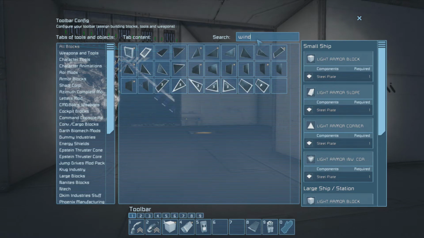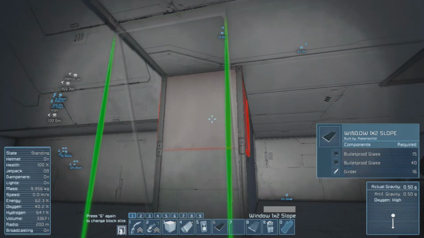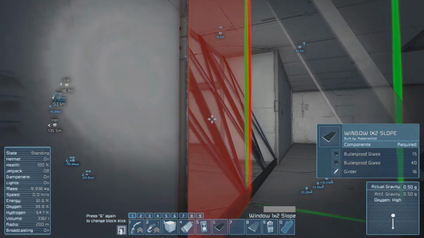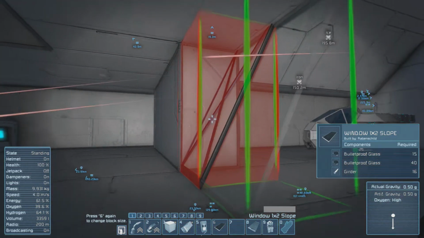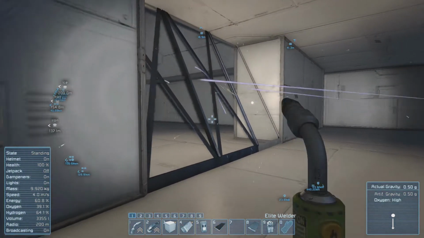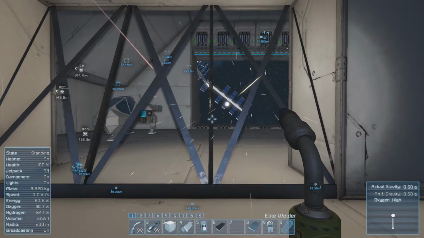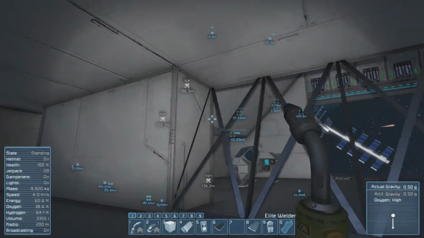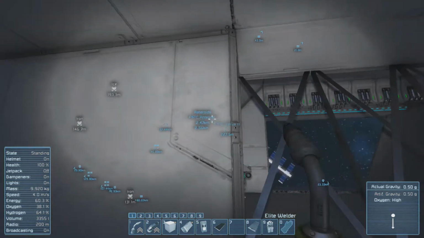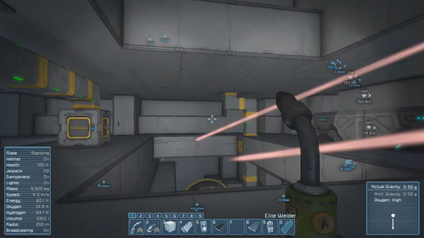Let me do this. I want to have this slope here. And I think we will do it that way. I like when the windows are not completely straight here. That kind of gives it a 3D-ish look that I like more than the straight up and down windows here. We could also add some. Now I'm thinking about removing these blocks and adding some of the slope blocks there. Could be good too. But the first thing we will do now is